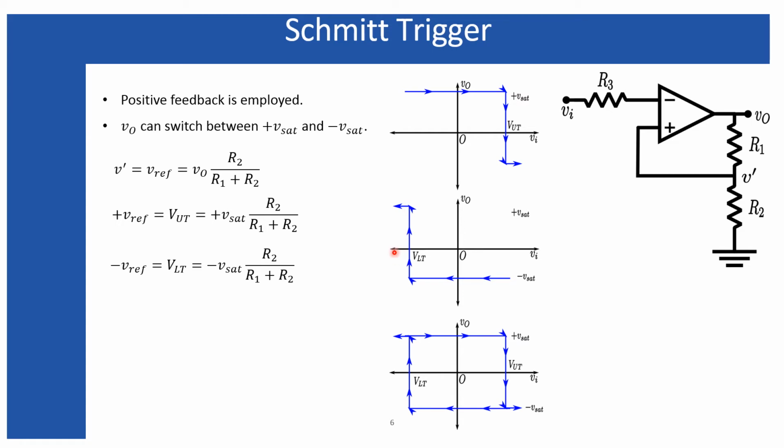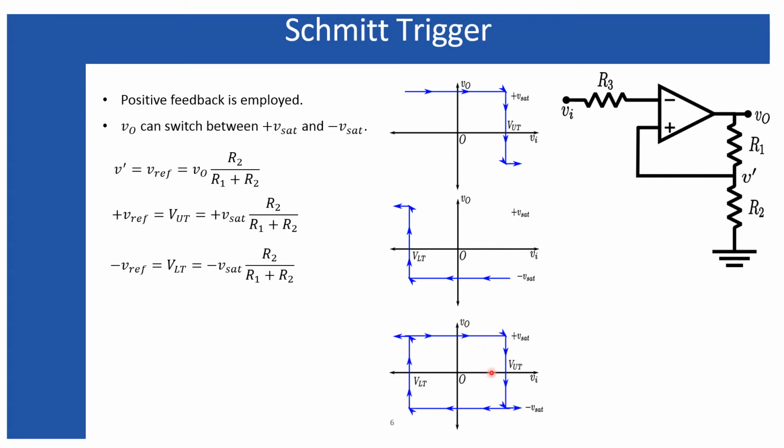So when the input voltage switches back in the positive direction, there is no lower threshold voltage, because the threshold voltage has changed to the upper threshold voltage, which appears somewhere on the positive side of the x-axis. Therefore, in order to change the state of the output voltage, the input voltage must cross this voltage level at this point. And in this way, we can have such a plot.